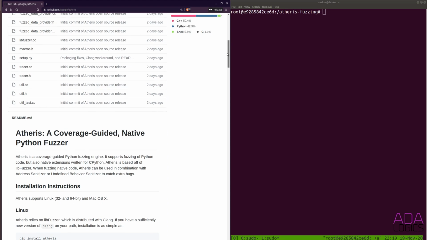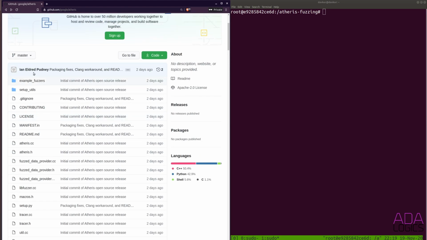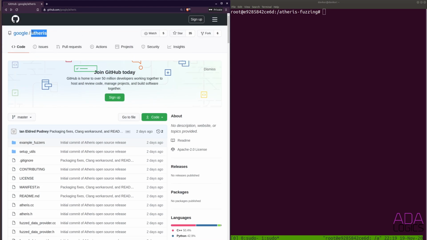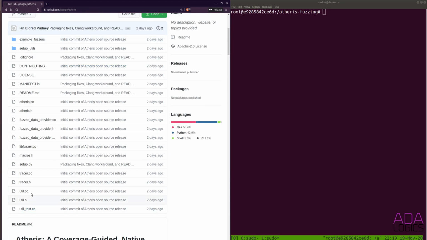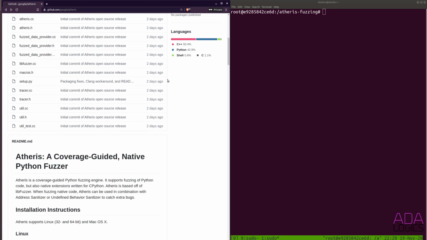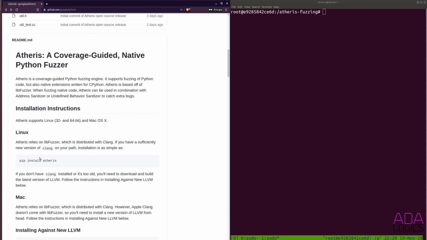Okay, so what we will do in this video is we will install Atheris, we will try to run it on a few samples, and then we will maybe look a little bit at how the code looks, because there is not a whole lot of code in the fuzzer, but there are still a few bits of C++ code here. So in order to install Atheris, we can simply install it by way of pip, but first we